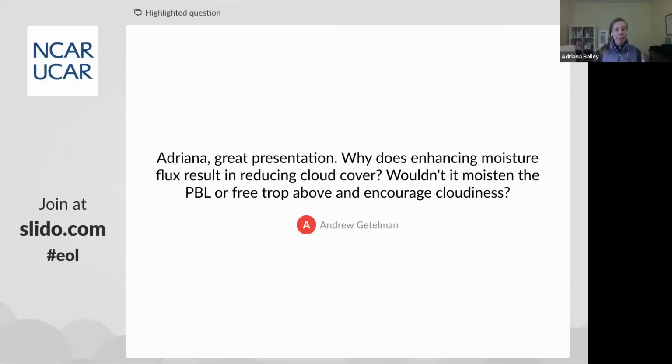On the other hand, there are some GCMs where, as you increase the shallow convective flux, you can also increase the surface moistening flux. So you end up not deepening the boundary layer in the same way, but rather creating a sort of moisture enhancement or accumulation, as you're suggesting, within the boundary layer itself, which can then help feed the clouds.